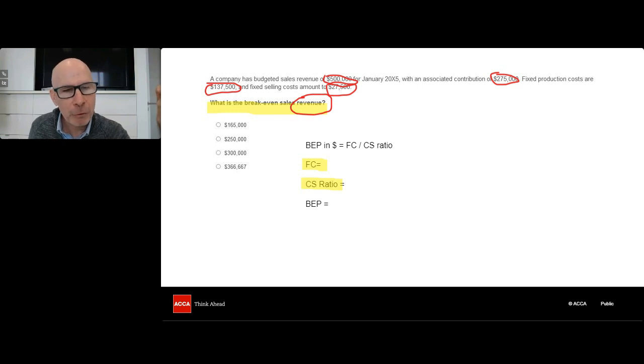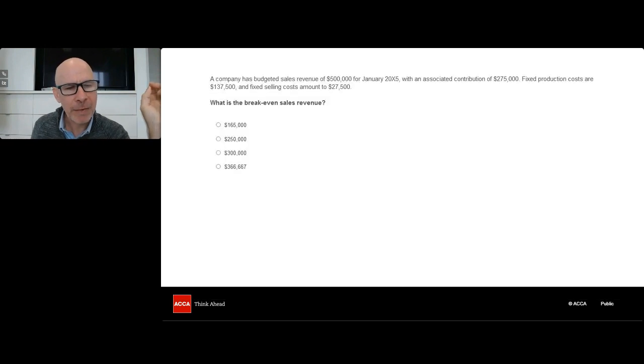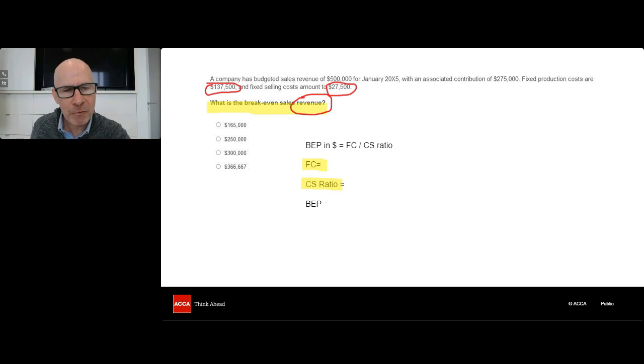Some people are going to be tricked by this and they think we only want the production fixed costs. That's absorption costing, not marginal costing. So that's one of the little tricks here, guys. And then we just do the work. Okay, team? That is the approach for Section A objective test questions. Read the requirement, write down the pro forma, make a shopping list, find the info, execute.